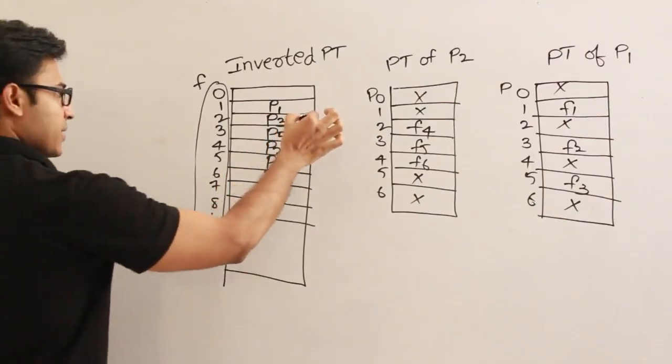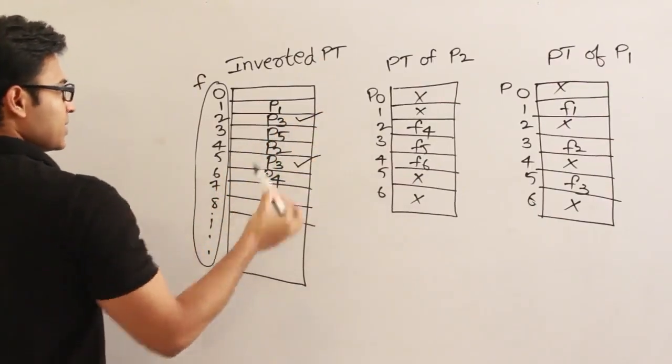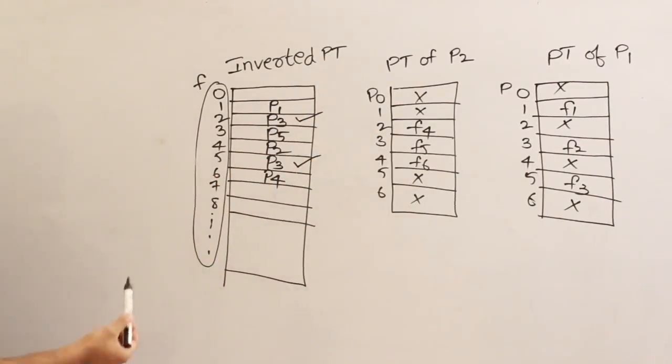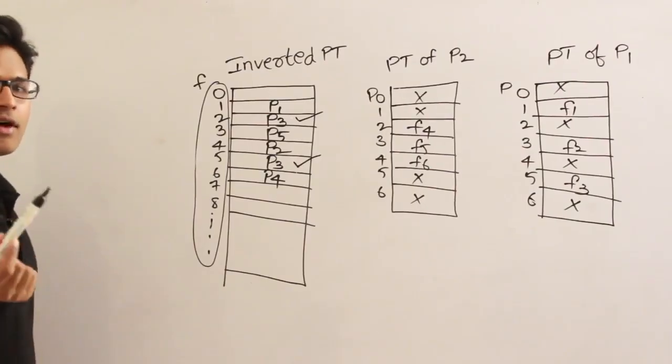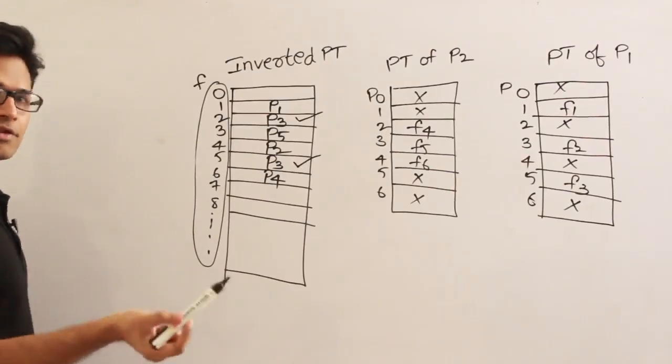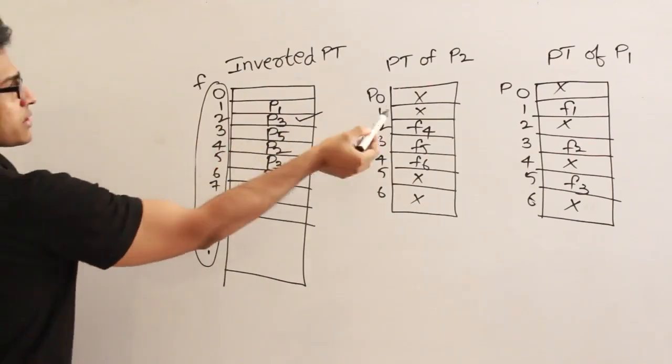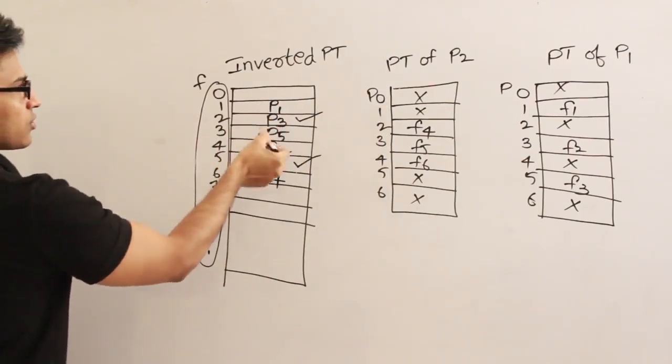Page number 3 is present here as well as page number 3 is present here. Now what is this? Two pages of the same number are present here. So just to resolve this confusion, along with the page numbers, we have to even maintain the process IDs. Process IDs means which process does this page belong to, which means if you watch it, the frame number, this 1 2 3